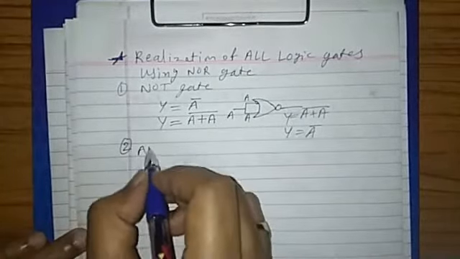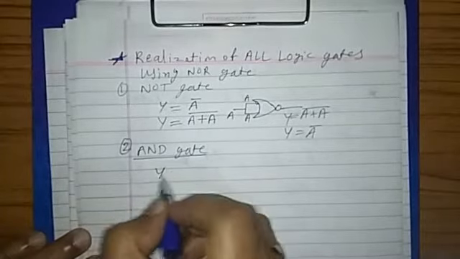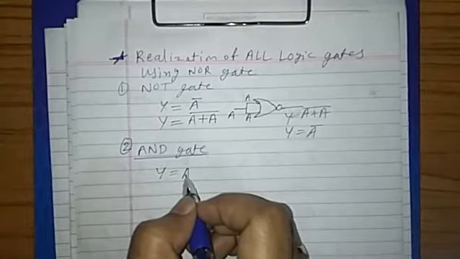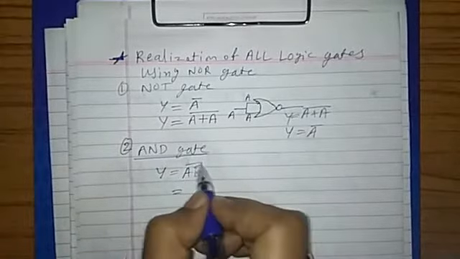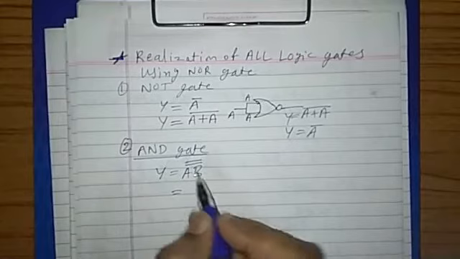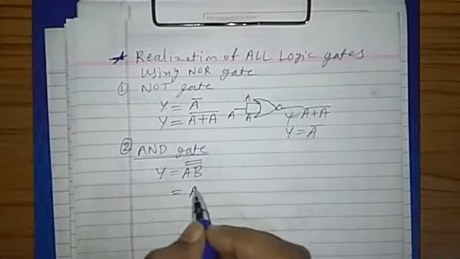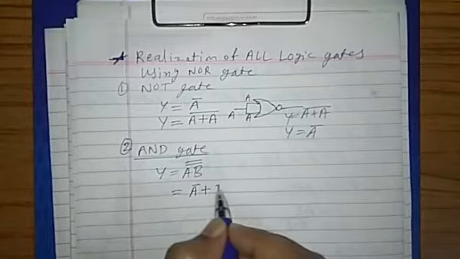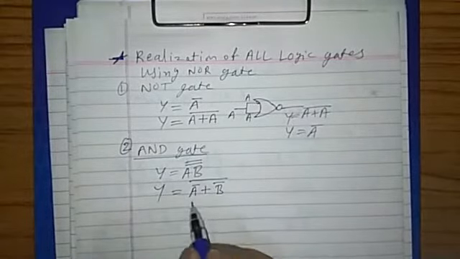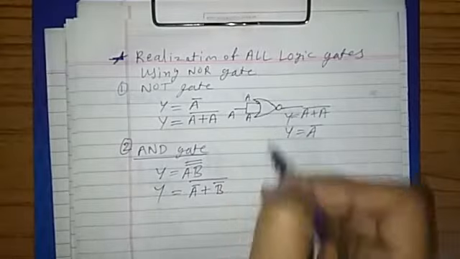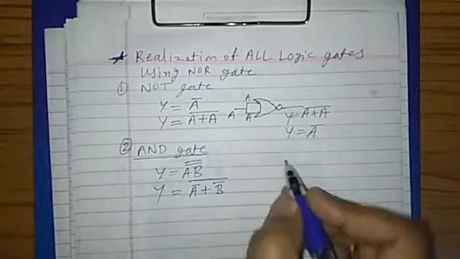Let us take now the AND gate. The AND gate expression is Y equal to AB. Now take two times complement, and the complement of a product is the sum of complements: (A bar plus B bar) whole bar. Now A bar I can implement like this, B bar also I can implement, and both are given to a NOR gate because it is plus and complement.